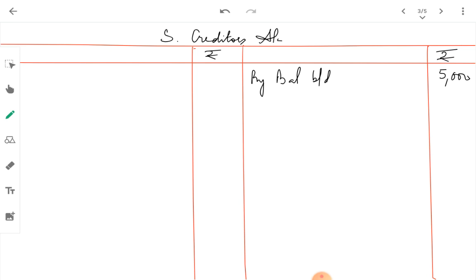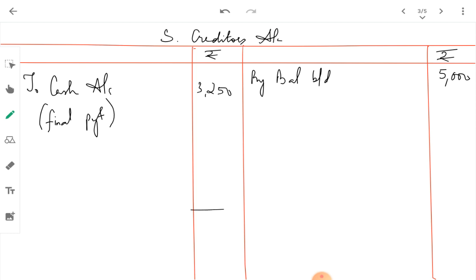Now let us go to our sundry creditors account. Okay, under sundry creditors account, we have all received money. So therefore, to cash account. Again, if you want, we can just write it final payment amounting to rupees 3,250. This is the only cash that we had left. So out of 5,000, we can only pay our creditors 3,250. The balance now, okay, let's close this account. Okay, close your account, rupees 5,000. And the balance is rupees